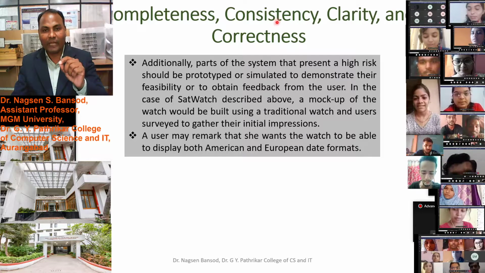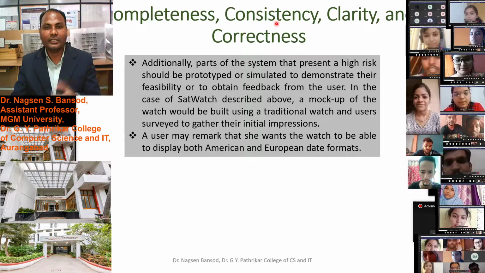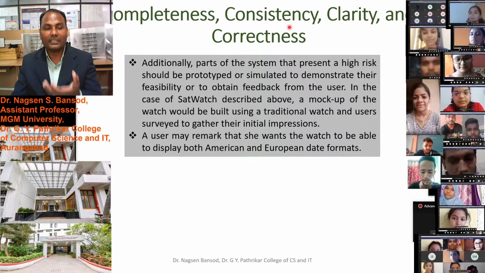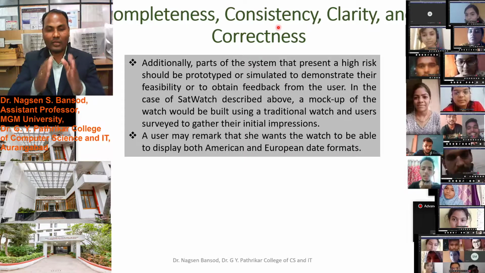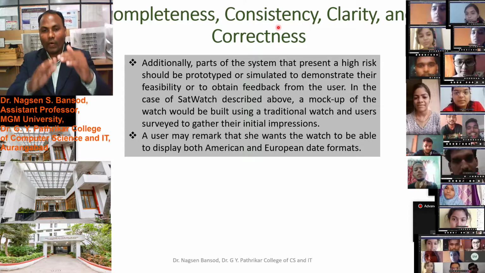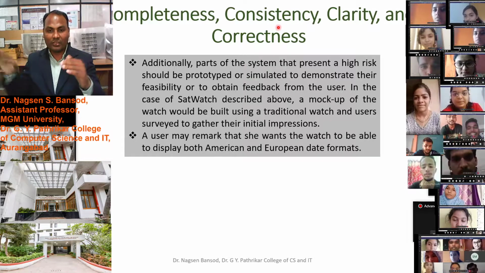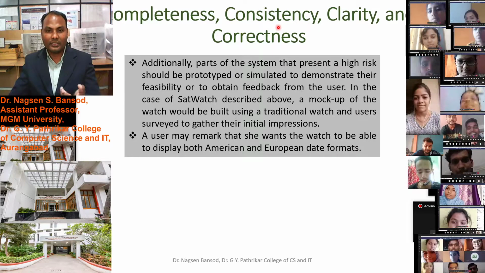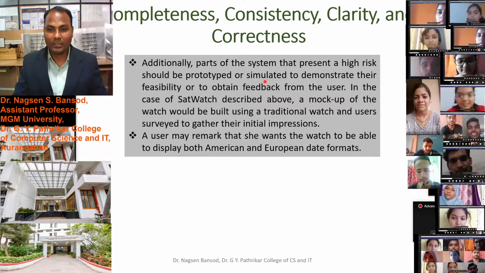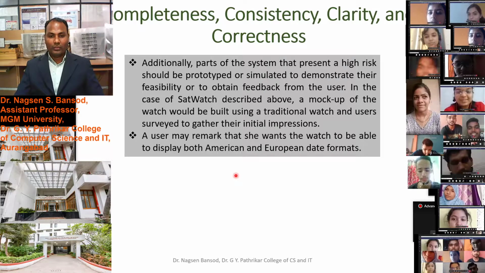At the time of requirement elicitation, you have to acquire consistent information about what they need. Once after one step, what is the second step, what is the third step, all these steps we have to maintain. This is the consistency. Is it clear now? Is it understood?